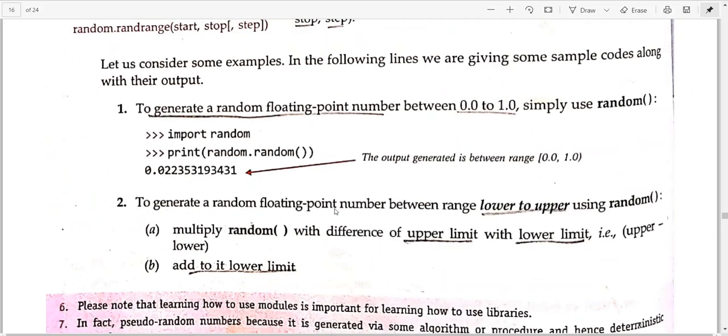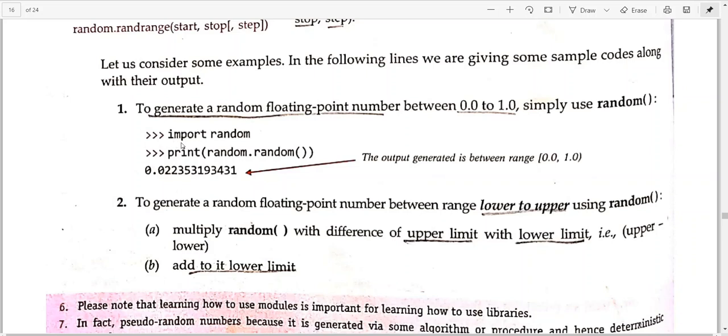And mind you, this is a very important topic in every exam. If you check the previous years, you will every time find a question from the random module, so it's a must question. I'm telling you, it comes every time. I'll give you practice questions also. I'll let you know how to solve them, so please be very careful regarding this particular topic. It is a must question from this chapter. Okay, so let us start.